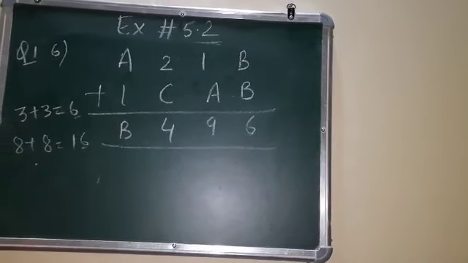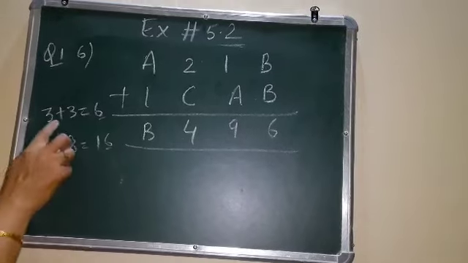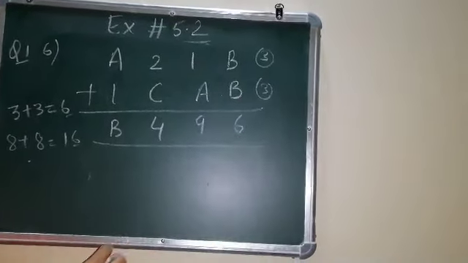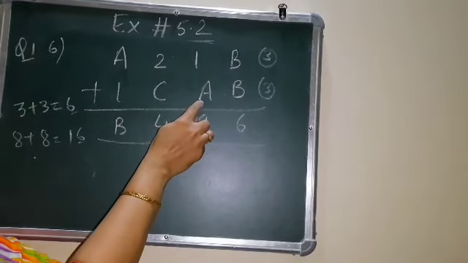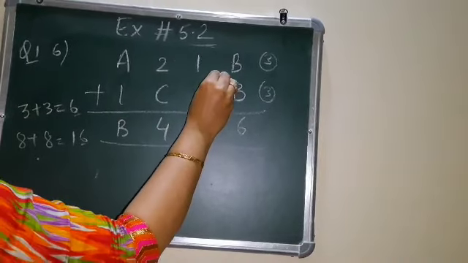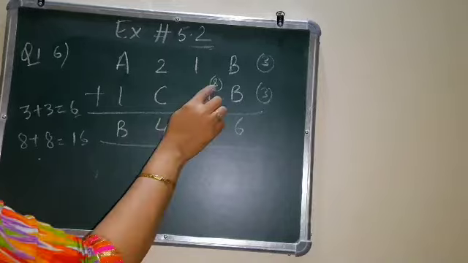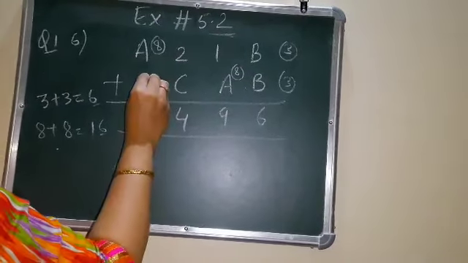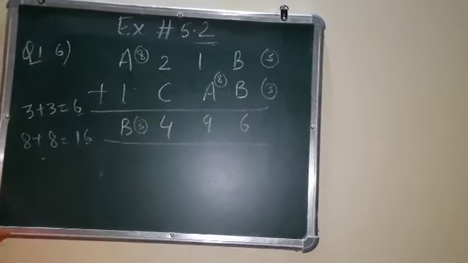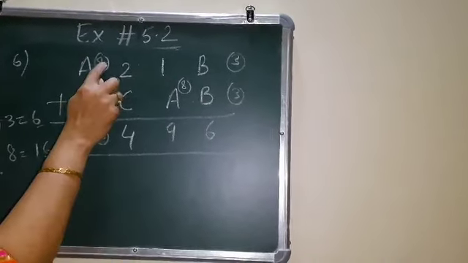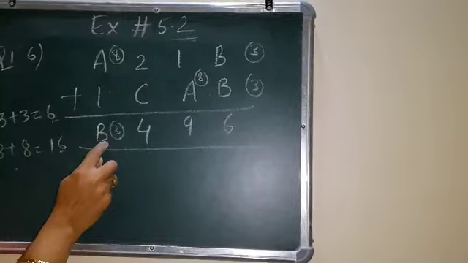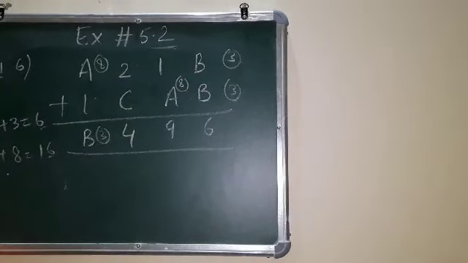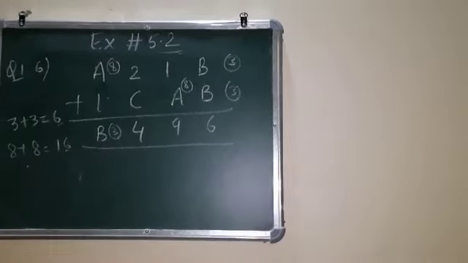So just check for first one then. If I put here 3. 3 plus 3, 6. Now 1 plus dash is 9. So here it will be 8. And if it is 8 here, 8 will be here also. And B I have put, it should be 3. Not possible. You can see that 8 plus 1 cannot be 3 because B I have already taken as 3. That means this case is rejected. I cannot take B as 3.